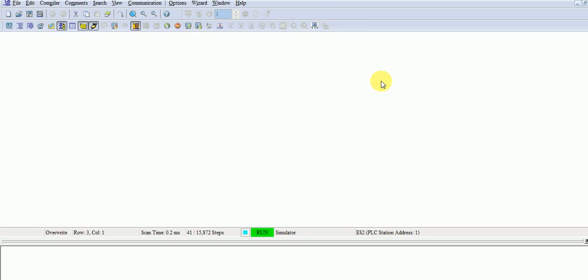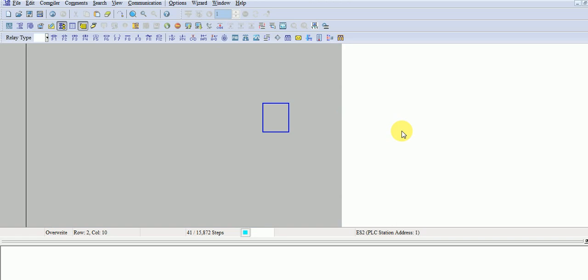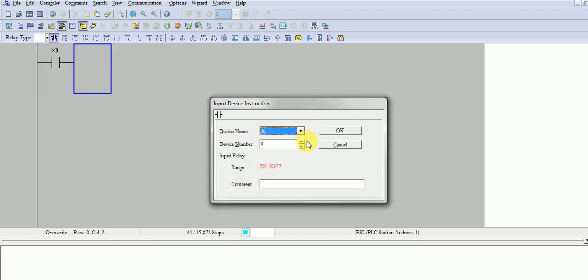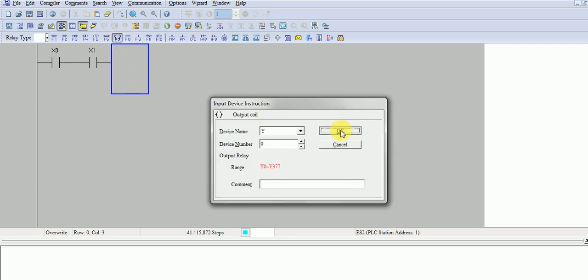Now our last is inverse. Delete all this and zoom the program. Take any contact, X1, and any output Y0.